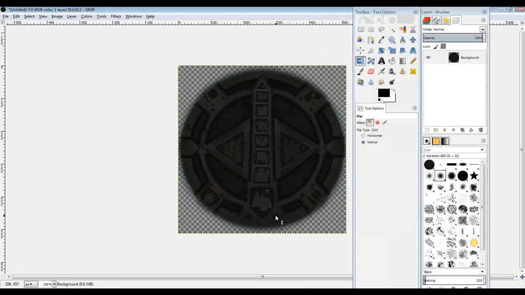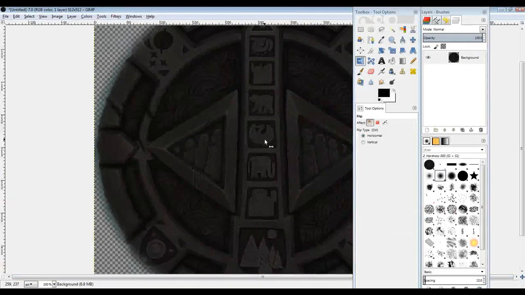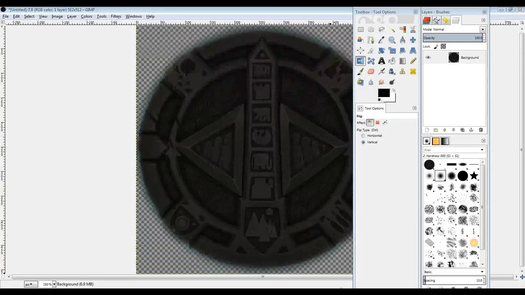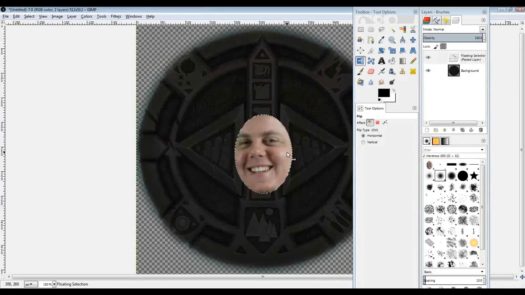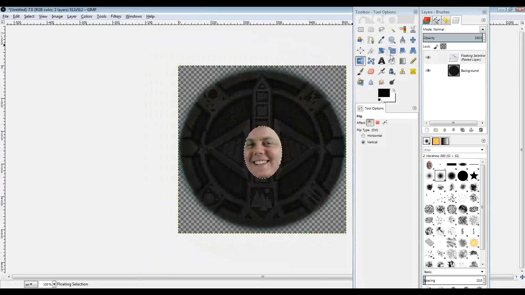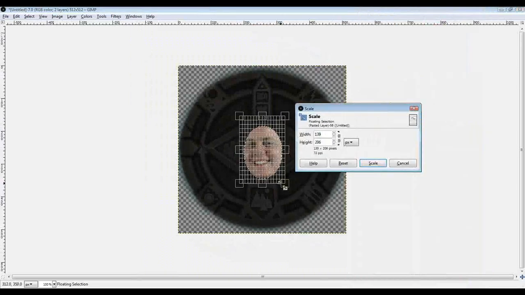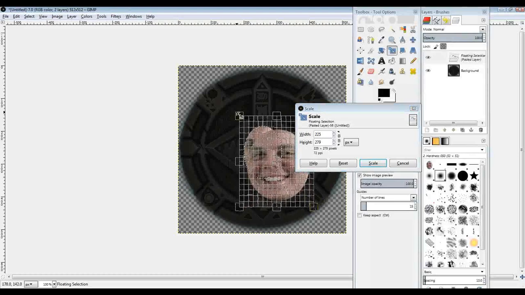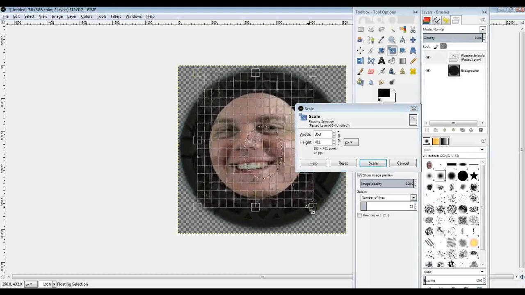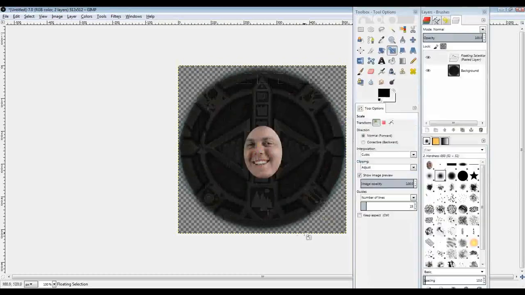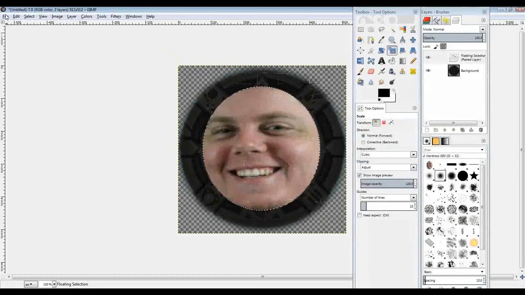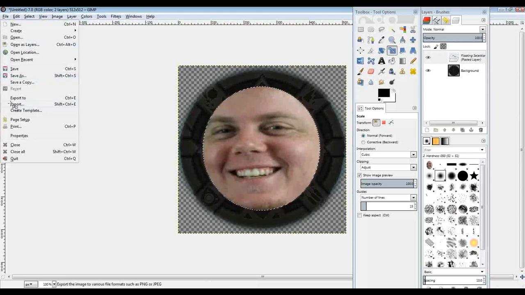So we're going to flip this vertically so that everything's the right way up. And then we're going to grab Breaky CPK's face and put it on. And it's looking a little bit better. It's still going to be bad quality, but it'll be better than what it looked like. And we'll just stretch him out there. Looking good, looking good. Perfect. Okay. So I'm going to just export this,